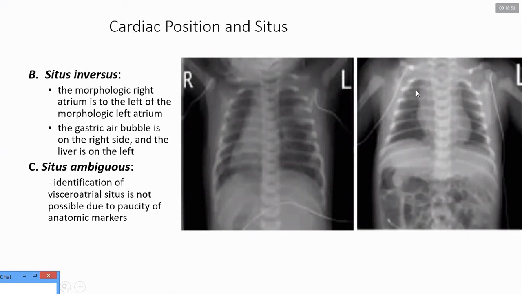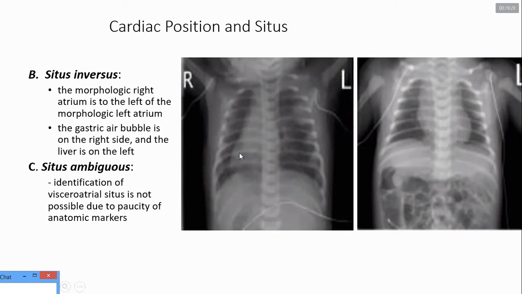And situs ambiguous. In situs ambiguous, we cannot accurately say where the right chambers of the heart are. Right chambers may be anywhere, or left chambers may be anywhere. There is no clear-cut relation of the chambers in their locations. So this is ambiguous and puzzling, and it is termed situs ambiguous. We can also see the position of other viscera, like the liver. There is also no clear-cut position, with the viscera lying more toward the midline.